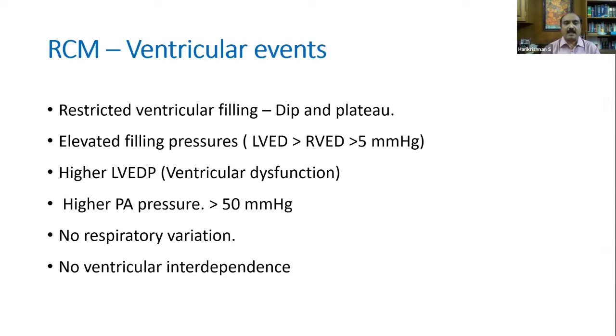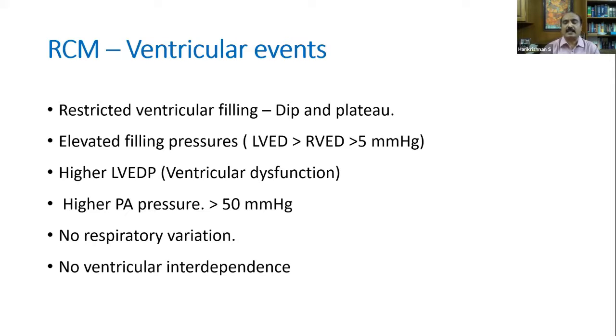Higher LVEDP means higher PA pressures because of the higher left ventricular pressure, and the same will be reflected. The pulmonary arterial pressure will be higher in a restrictive cardiomyopathy, usually more than 50 millimeters of mercury. In constriction, it will usually be below 50 millimeters of mercury. There is no respiratory variation because the septum is stiff; it cannot move with respiration, and so there is